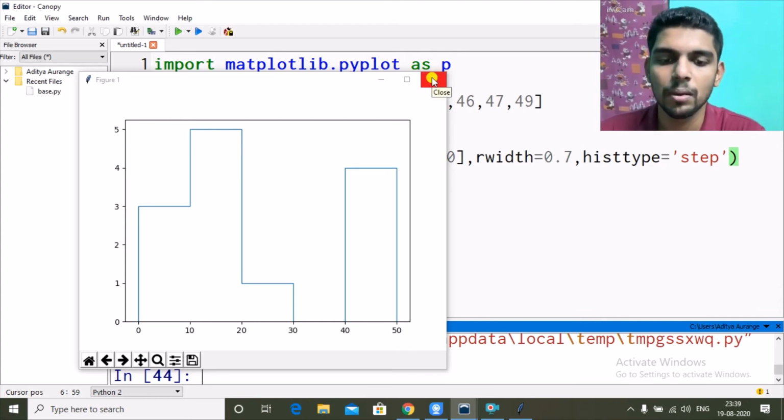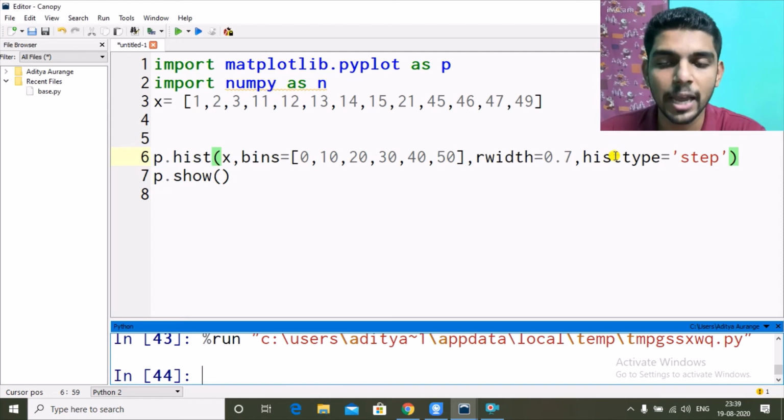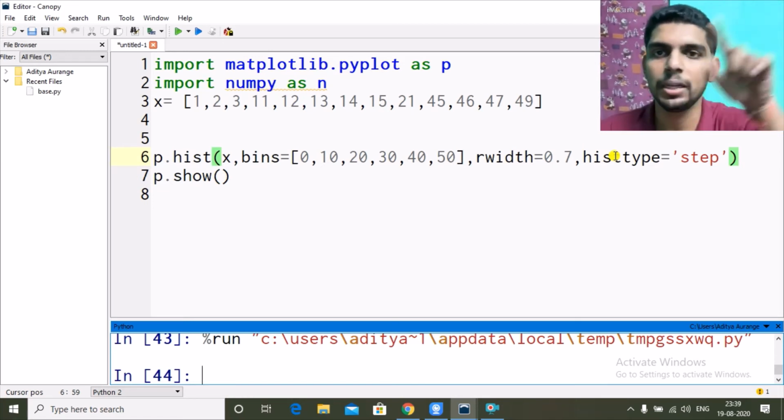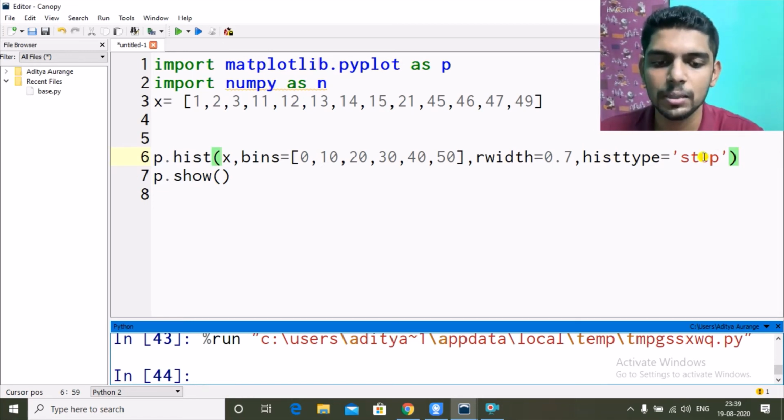And when we have set hist type equal to step, that means we are seeing the histogram as a frequency polygon, and we see the outer edge only. And when this property is bar, then we are seeing the histogram. Both are similar, both are used for the same purpose but represent data in a slightly different manner. So in histogram we see bars, in frequency polygon we see the outer lining or outer edge, which shows us the stepping, how it is increasing and decreasing.